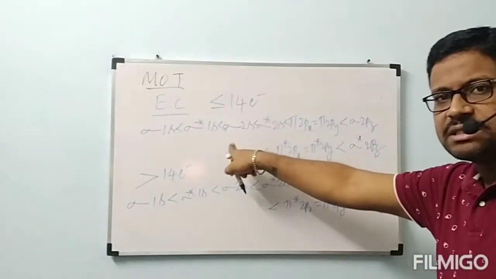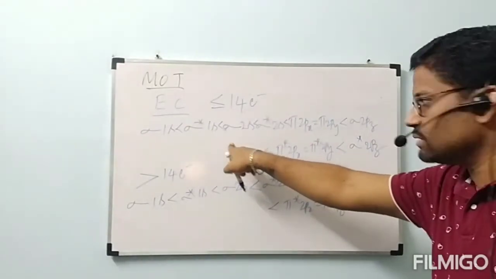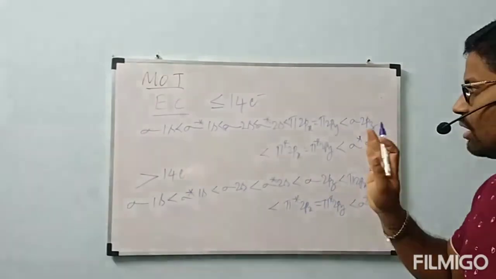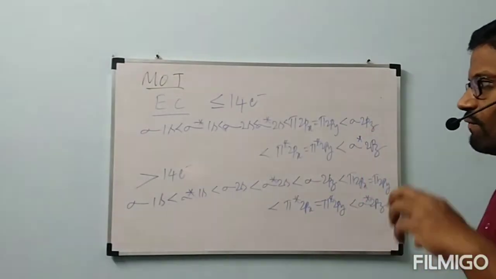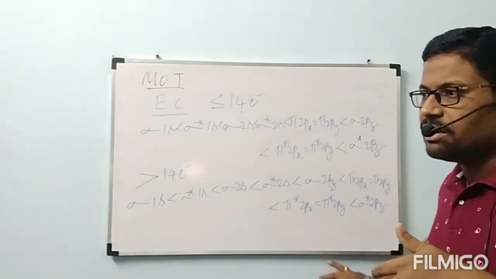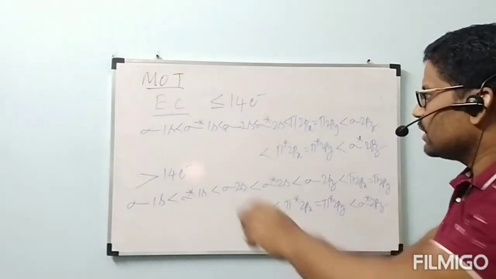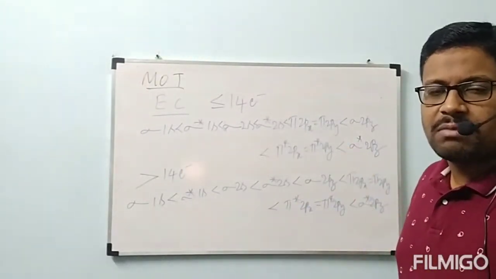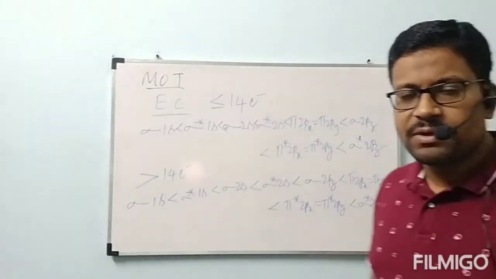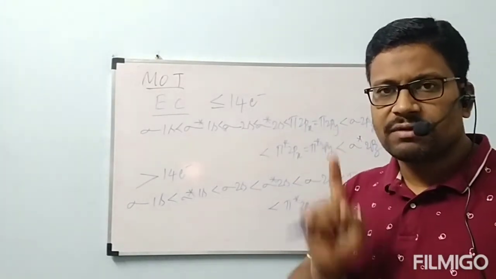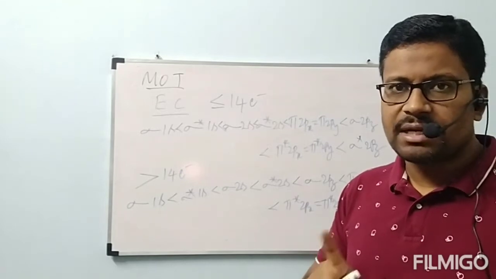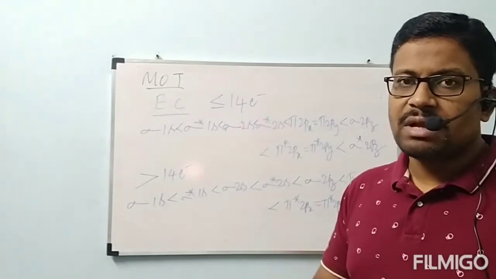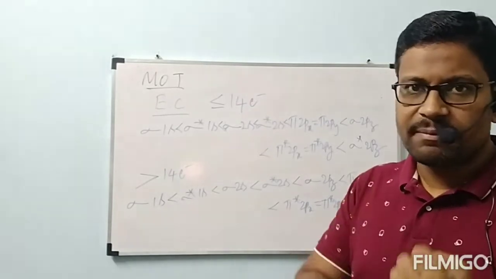If you have a species which contains less than or equal to 14 electrons, we have to follow the earlier electronic configuration. After taking the question paper, if you find one or two questions related to MOT, immediately note down this electronic configuration and the molecule they gave. Questions may ask about the magnetic nature of that molecule: paramagnetic or diamagnetic. If the molecule has unpaired electrons, it is paramagnetic. If it has no unpaired electrons, it is diamagnetic. This is one type of question.